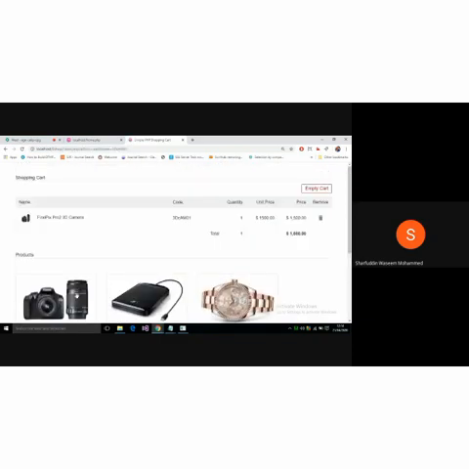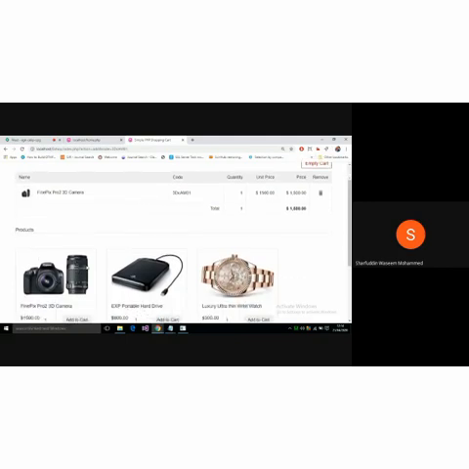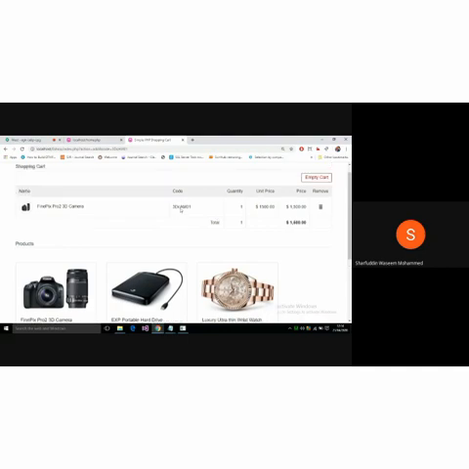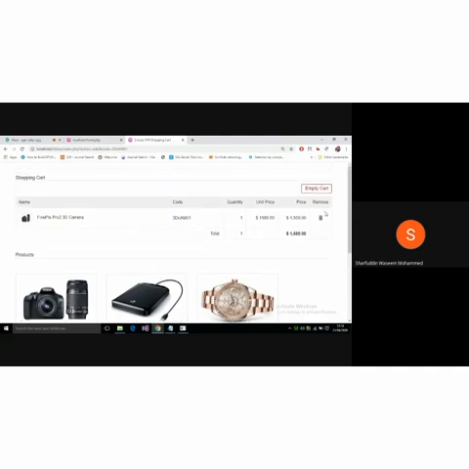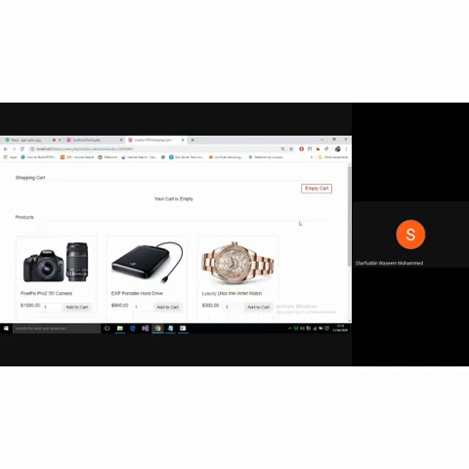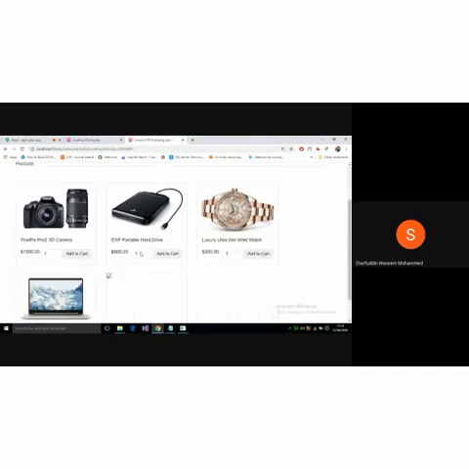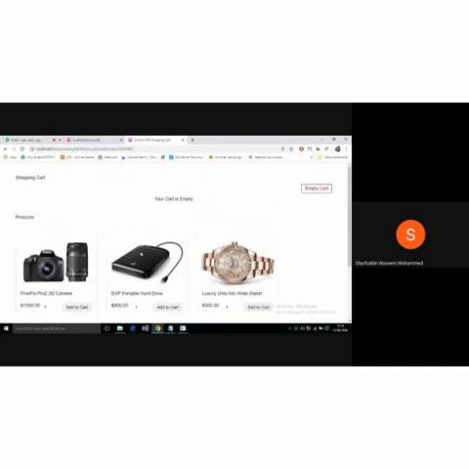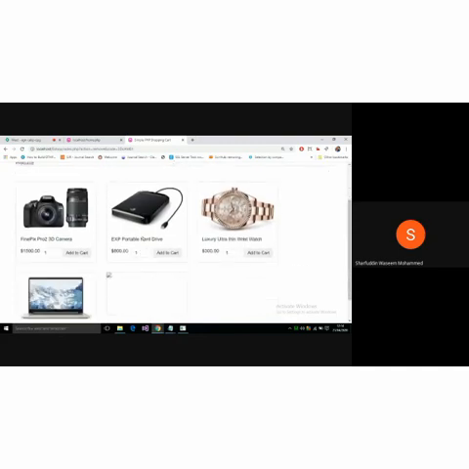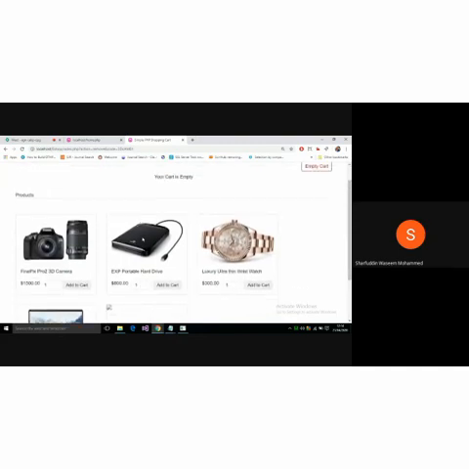Like add to cart, then this particular product is added to the session, and that session is displaying the values like this. If you remove this, then you're removing the value from the session. You try to understand this logic. I will send you this code. You can build your own shopping cart application.